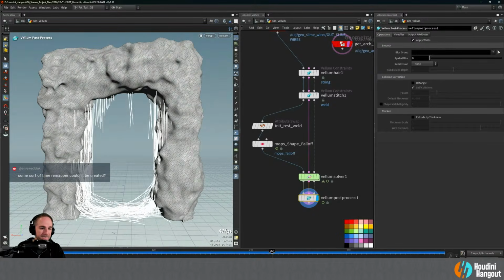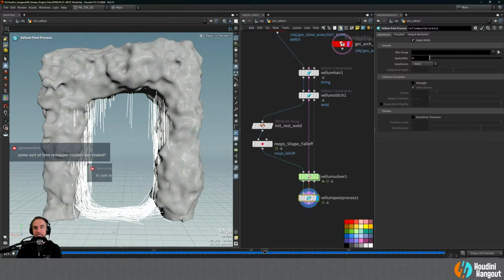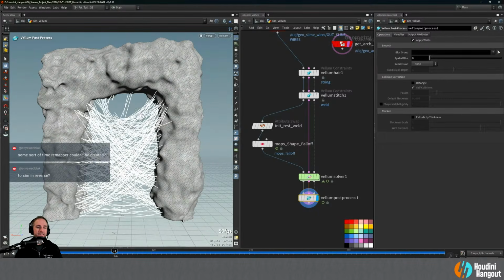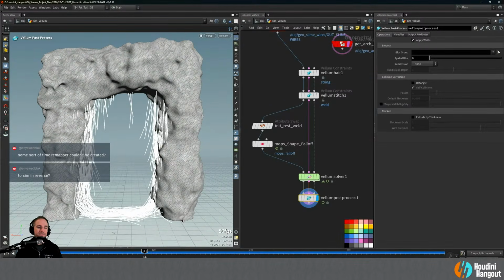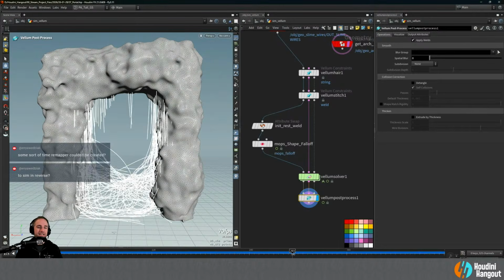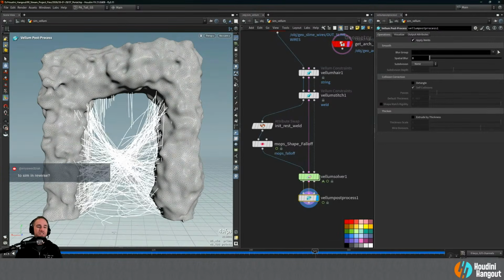Could a time remapper be created? That is an interesting point. Could you do a time remapper? Yes, you could, to sim it in reverse. Sure. But reverse is always going to look different, think about the difference here. The way that this breaks is really different to how this comes back together, right? And so